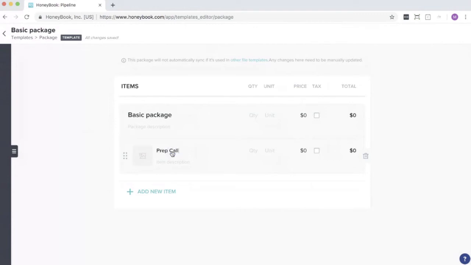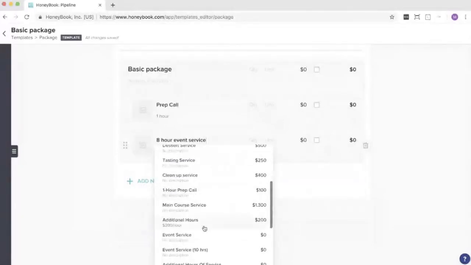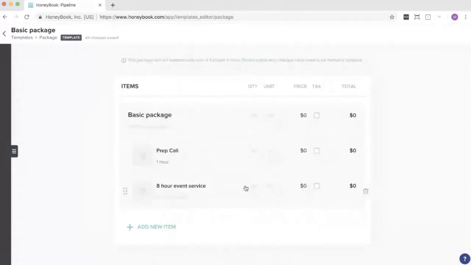items associated with it, I can just start adding these as items and then continue clicking add new item until this is built out. Again, it pulls from my item bank, so I can choose from those if I want, but maybe I just want to add that from scratch. Drop in an image icon again, I can add this. So really customize this to be as beautiful, as in-depth, or as to the point as you